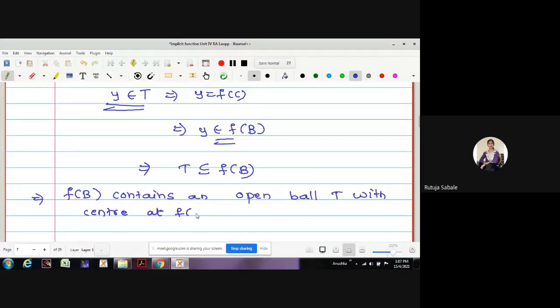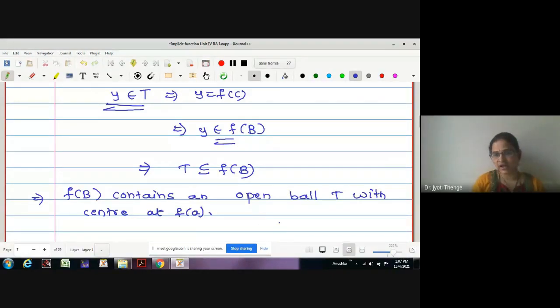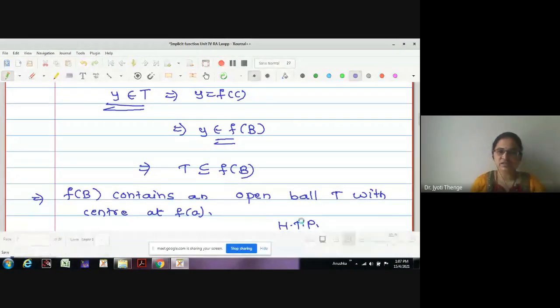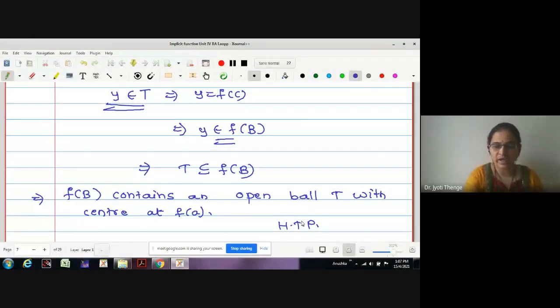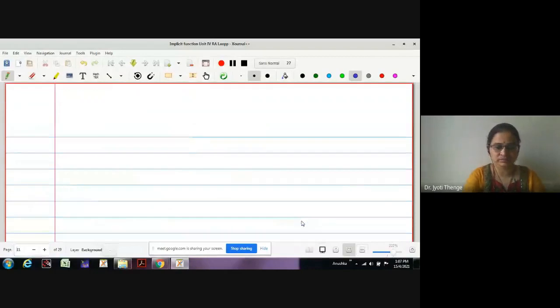f of a. Yes, with center at f of a, and hence it is the proof. Somewhat lengthy construction it is. Okay, let me tell you from the starting itself. Initially we have started with